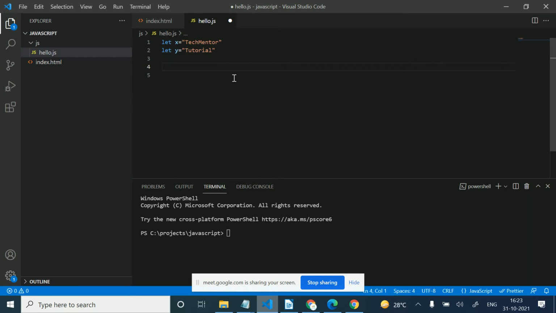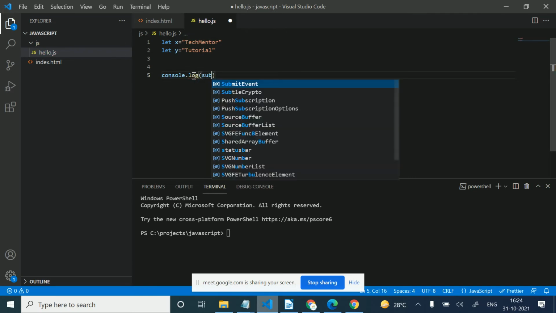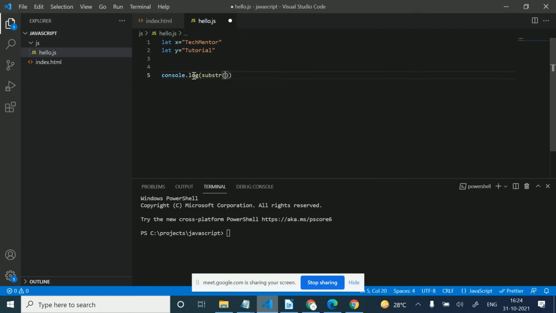So there is one more function. If we want to get some part of this, like I want to get this tag from the tag mentor, there is a function substr. Now I will print it with console.log, substr.